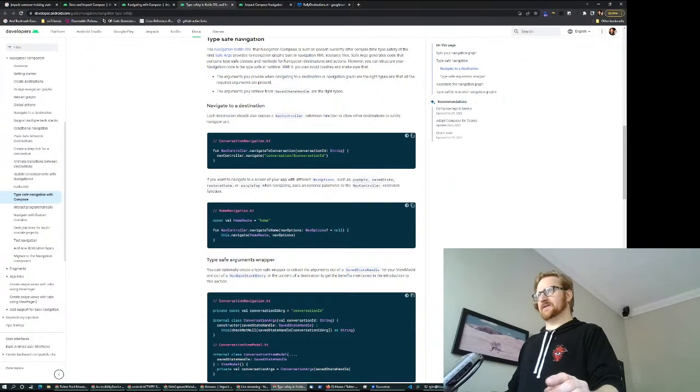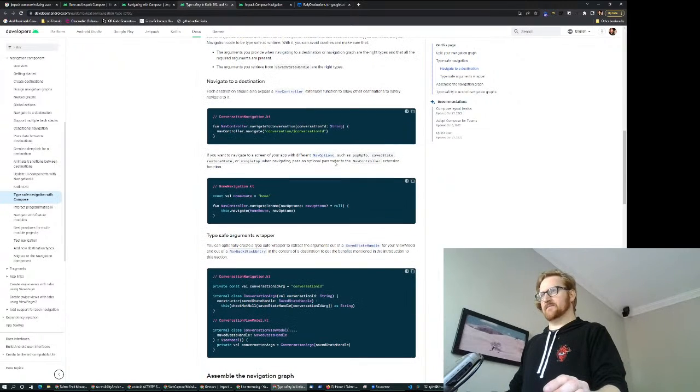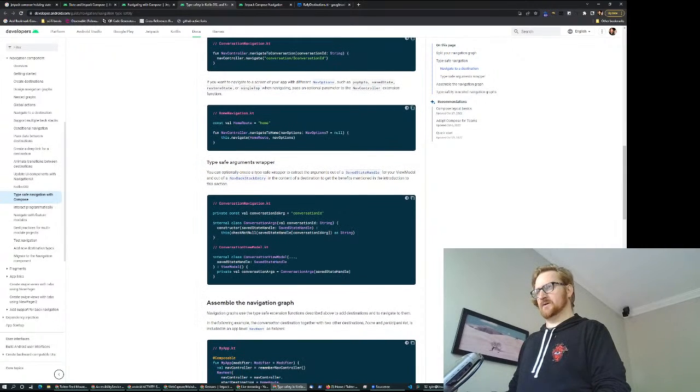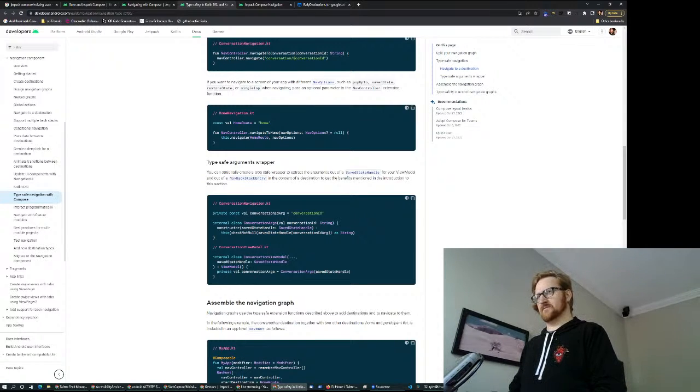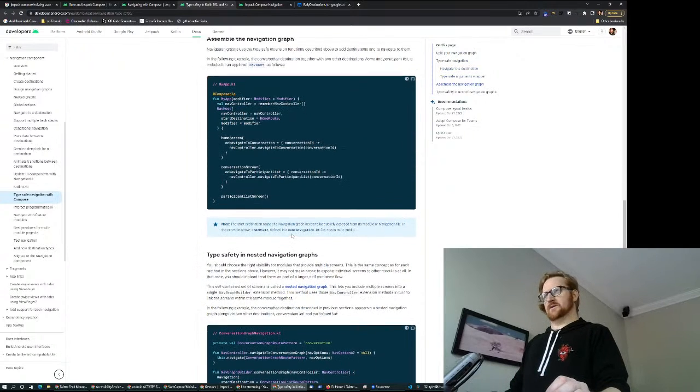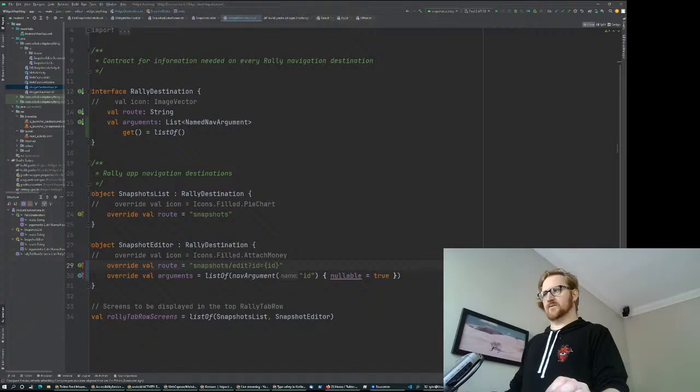So no type safety. With nav options, no. Okay. Well, we're just gonna do it our own way here, which is